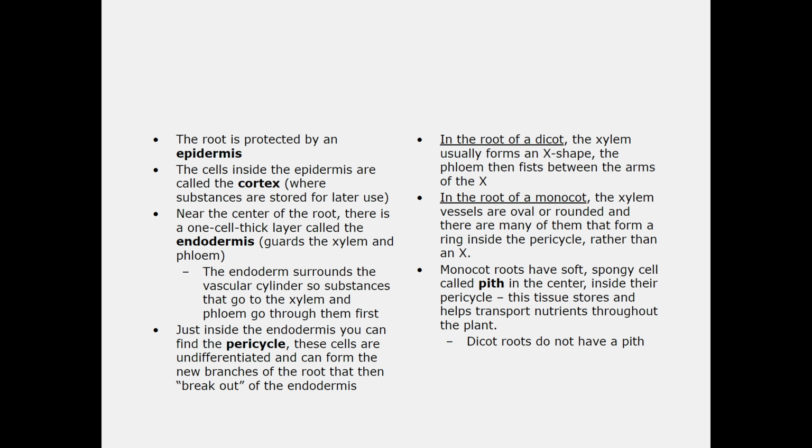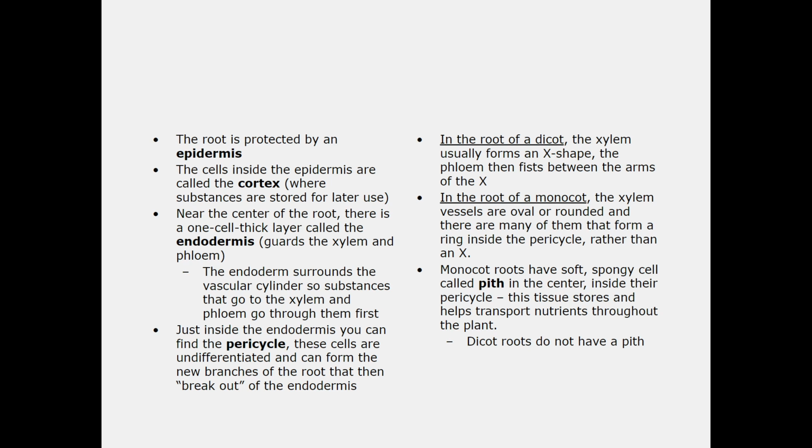We can look more at the root and talk about things like the epidermis or the cortex or the endodermis. But these are all just different types of tissue you find within the root. If you look, for example, at the cells that are near the center of the root, you'd find that they tend to be near or around the xylem and phloem. That's because that endodermis, or that cell tissue near the inside of the root, is going to be made up of structures that are protective for these vascular cylinders that are going to be important for moving water and nutrients